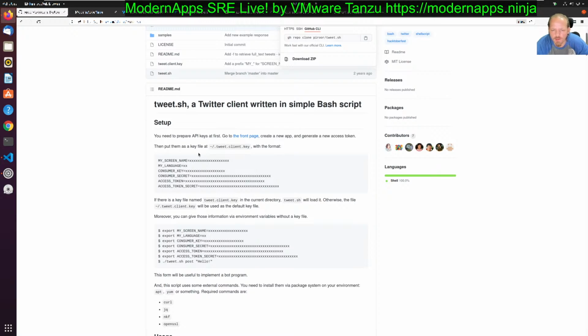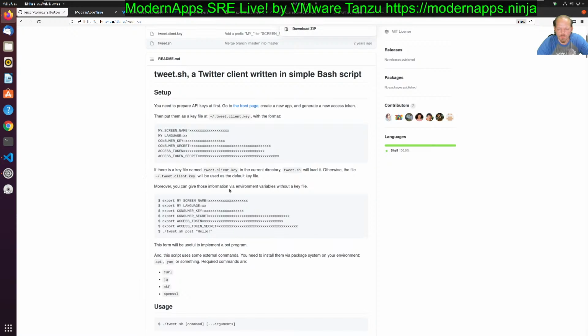And this is what I did when I did it on my local client. However, I'm thinking that I don't want to use the key file. I would rather use this external thing. So honestly, I should probably just curl the raw file, but